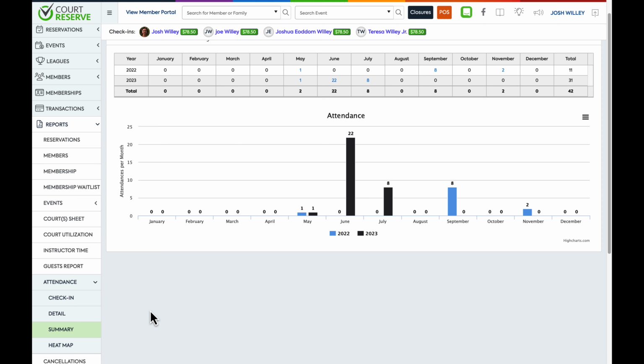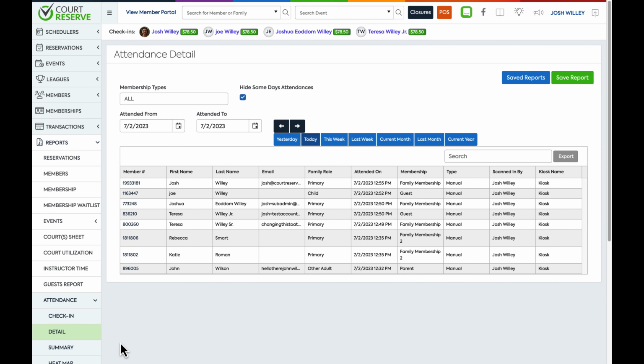The two main reports that I want to focus in on here are going to be the check-in and the detail reports, because this is going to be where we can get information specifically from the kiosk features and where we can get specific information from the attendance tracker features. So for the detail report, this is going to be a report for the attendance tracker. So this is going to be any members that are scanning into your facility but don't have any reservation, lesson, or event booked on their account. So the detail report here is looking at the attendance tracker feature,